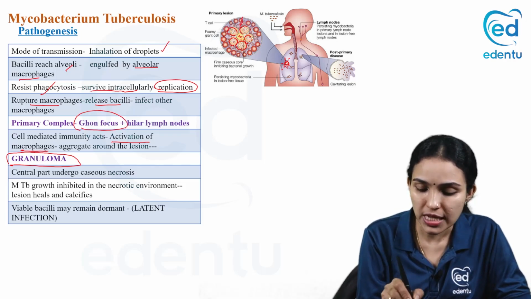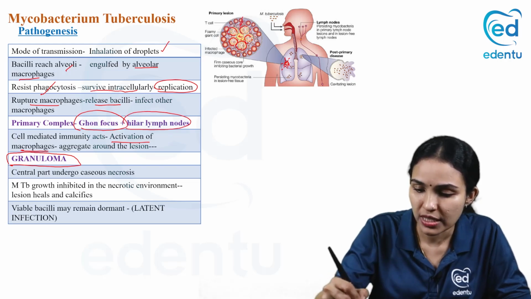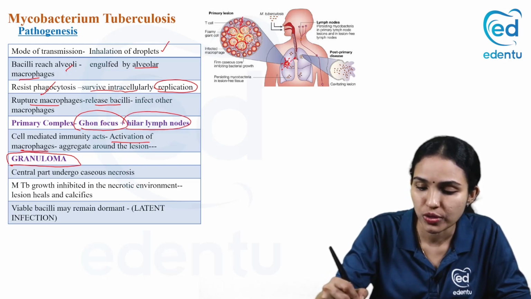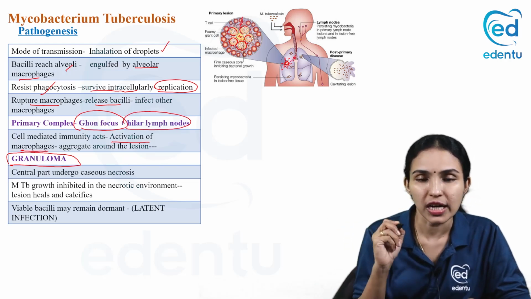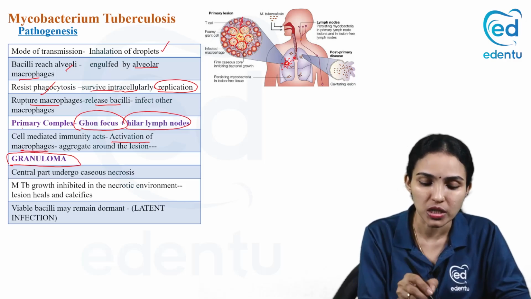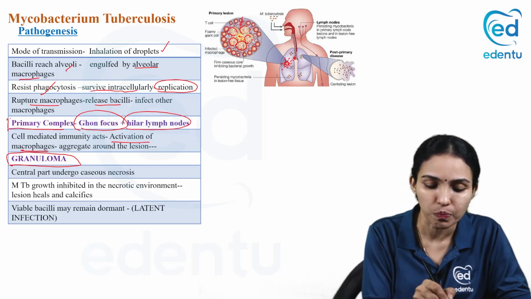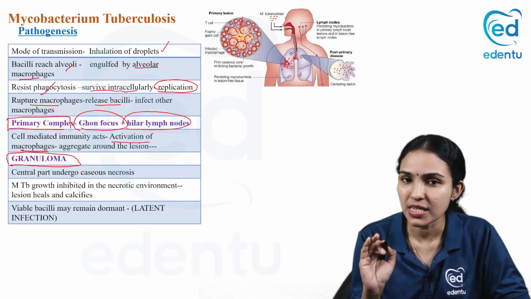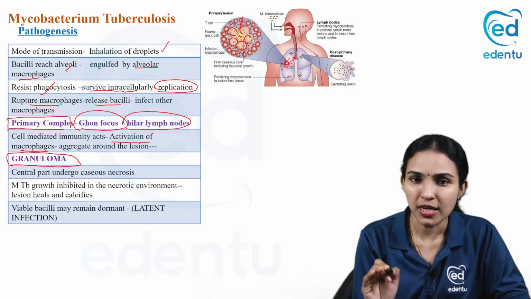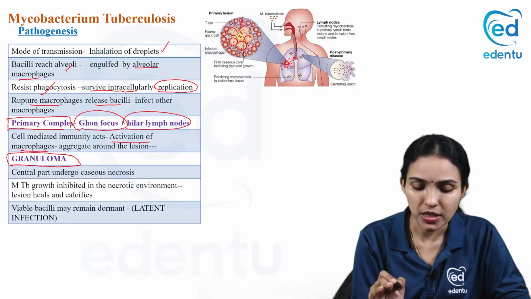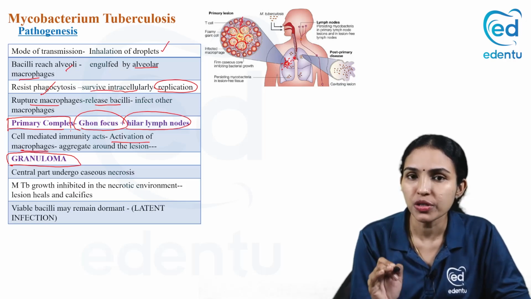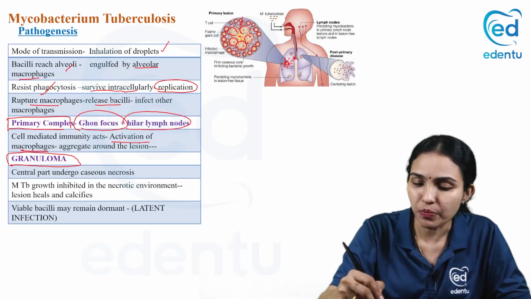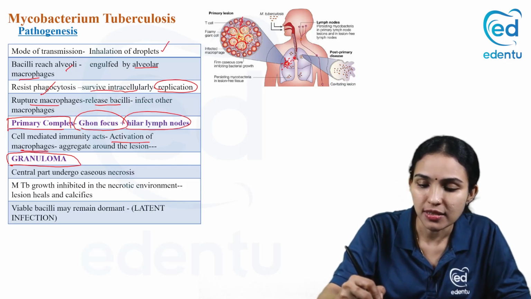The Ghon focus along with the hilar lymph nodes: when there is a lesion here, it will be draining to the hilar lymph nodes, right? So the hilar lymph nodes plus the Ghon focus is called the primary complex. This is the primary lesion that happens in any kind of infection, and there is granuloma formation. So what does this granuloma do? It will try to kill the bacilli. What happens is at the center,